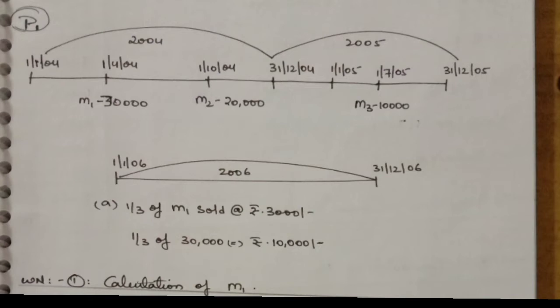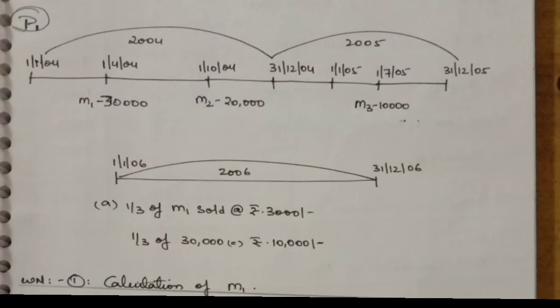draw a line format and place what is happening on which date. So you need to start a year from 2004, that is January to December. So you have to start a year with 1st January 2004, and in the year 2004 on the 1st April 2004 you are getting into the business, that is machinery 1. So we will name it as machinery 1 because there are 3 machineries we are purchasing in this question. So machinery 1 on 1st April 2004, that is with the amount of rupees 30,000, and what is given in